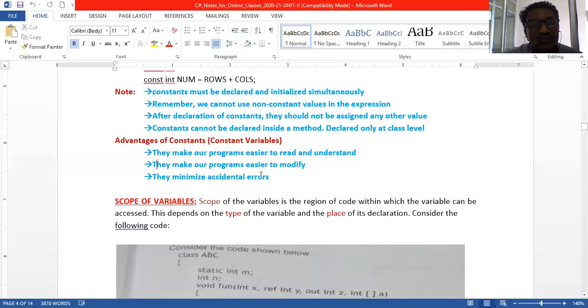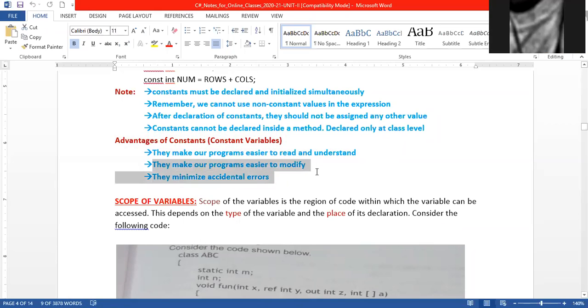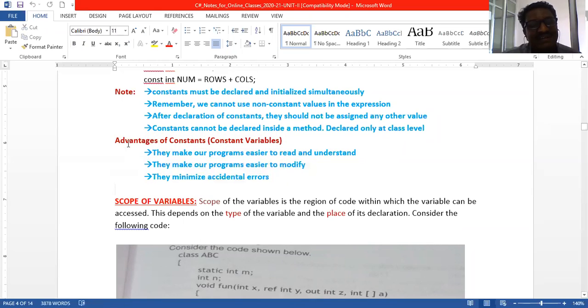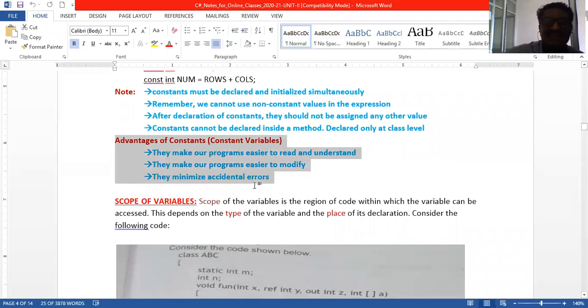Advantages: they make our program easier to read and understand. They make our program easier to monitor and minimize errors. So this you have to remember. Certain things, by reading and writing, you can easily remember. So therefore,